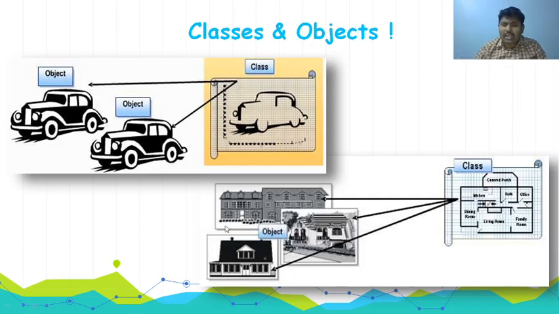Now, for example, say I am going to build buildings. I have a blueprint of my particular building. The architecture or model of the building shows where the rooms will be, where the kitchen will come, where the garden will come, the storeroom, the toilets, the office room, everything on the paper. Based upon that model architecture only, we can build the houses. So simply, a class is nothing but a blueprint or a model or a template. Based upon the template, we are going to build the real world objects.